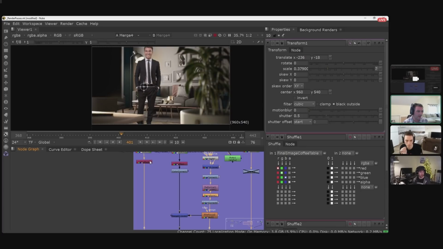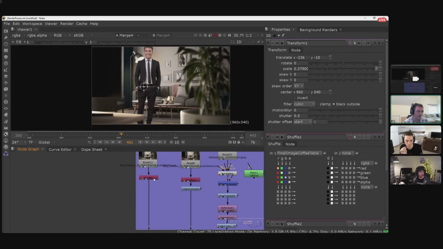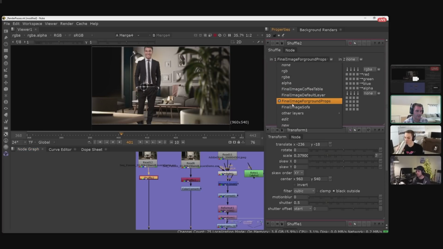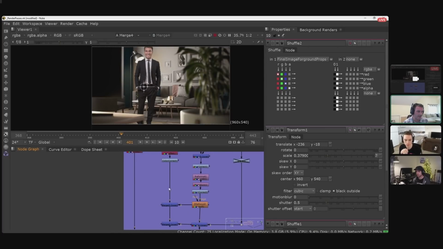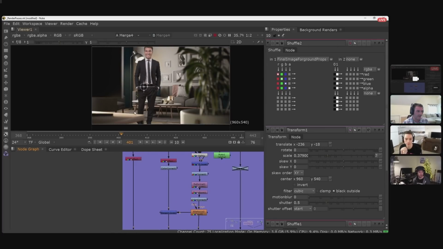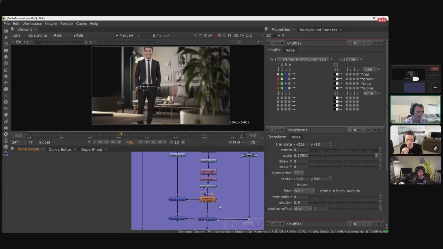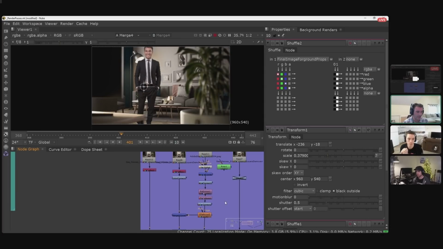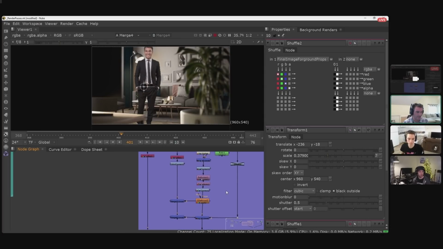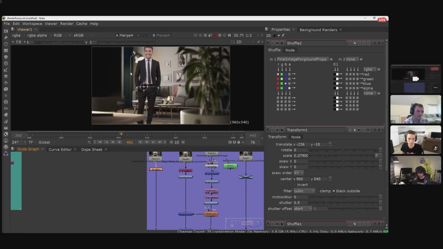As far as the layers go, those come in as the channels on the multi-layer EXR. I can use that shuffle node, as I said, and just extract the different elements that I want. And then I can pull those out as masks. And then it's just a matter of setting up some of the compositing logic like you would typically do inside of Nuke. And so, yeah, same thing. I can go into deeper detail if people want at a later point. But that's the basics of it, that you can use those alpha channels to isolate the specific parts of the image that you want.